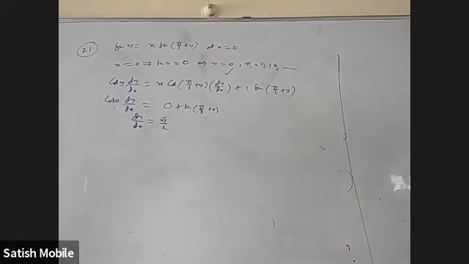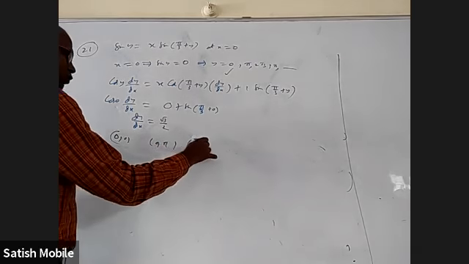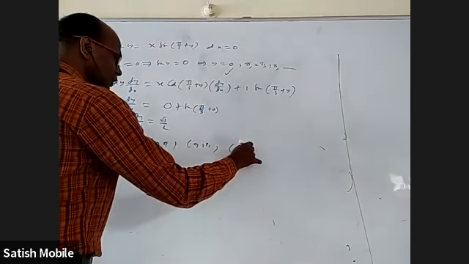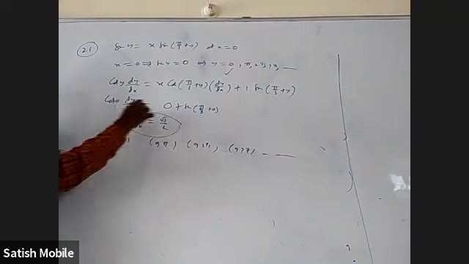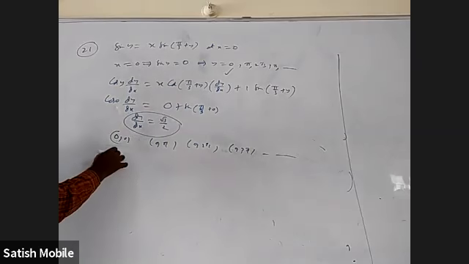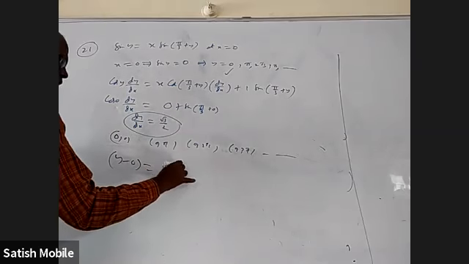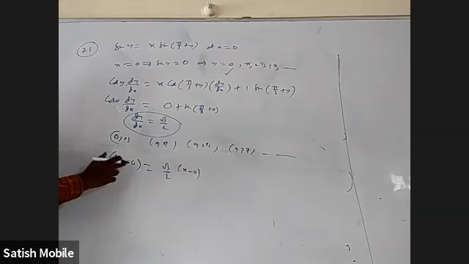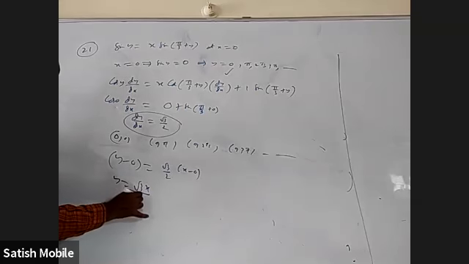So if somebody is interested, when the x coordinate is 0, what is y? y can be 0, y can be pi, y can be 2 pi, and y can be 3 pi. All these are there. But at all of them, the slope of the tangent is root 3 by 2 only, everywhere. Then what is the equation? You can take y minus 0 equal to root 3 by 2 into x minus 0. If I take pi, 2 pi, 3 pi, different answers may come. So you'll get y equal to root 3x by 2.